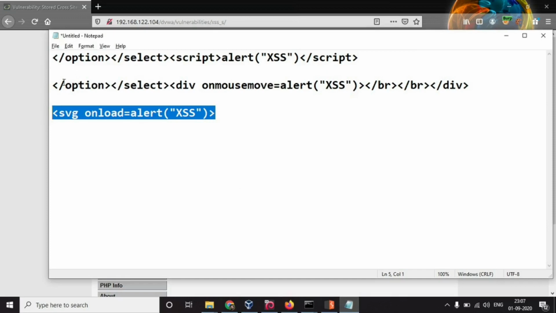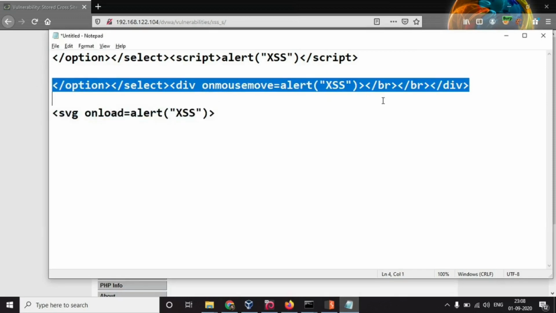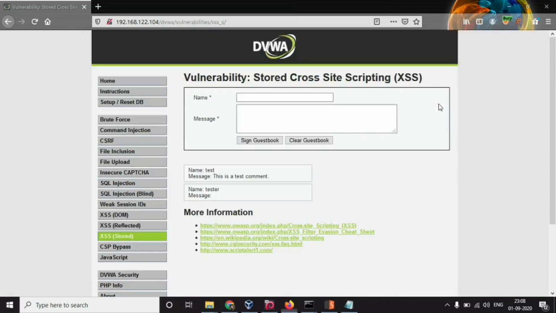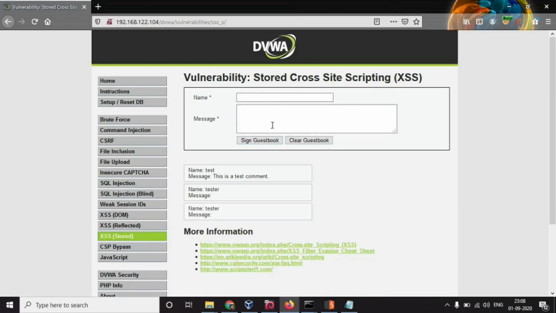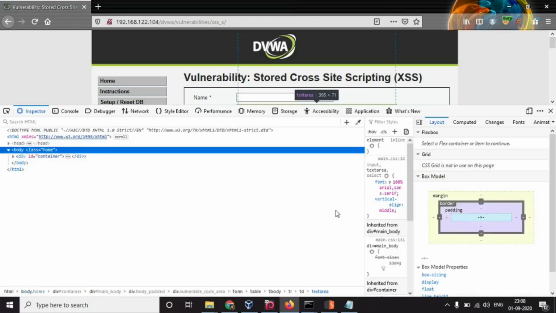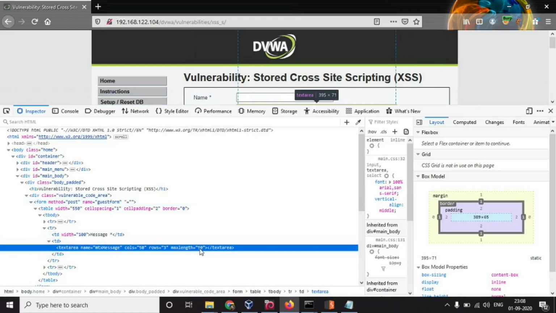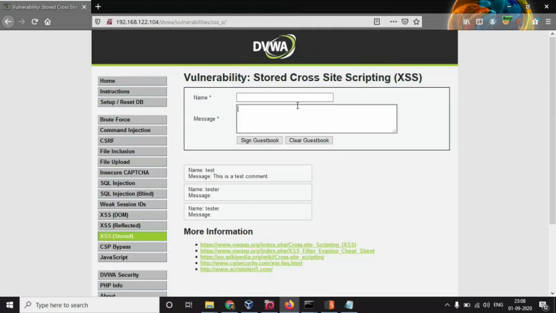Let's try this one. Oh, I think there was some character limit over here. Yes, let me increase the number of characters and again provide my payload.